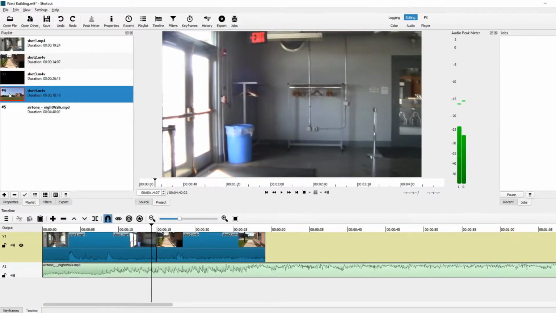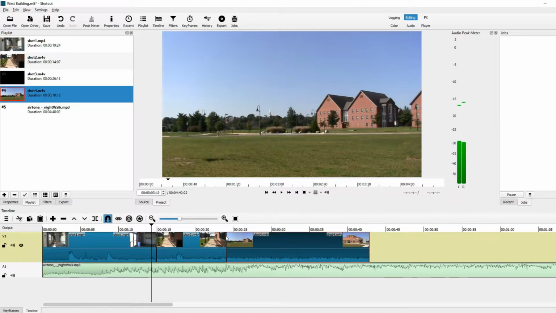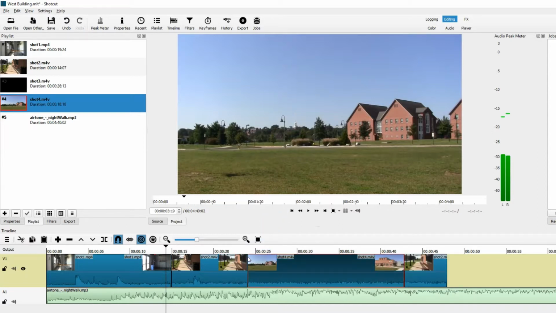So if I open a 4th shot here, or 3rd shot, if I just click on this and I drag it down to the timeline, you'll see it says overwrite. And basically what it does is it takes shot 4 and it overwrote that second part of shot 2. But if I go ahead and undo that, and this time I click this Ripple Trim and Drop button, then when I open shot 4 and I drag it down, you'll see instead of overwrite, it says insert. And in this case, it just inserted shot 4 in between shot 2. So it didn't delete that. It didn't overwrite that second part of shot 2. It just moved that part down.